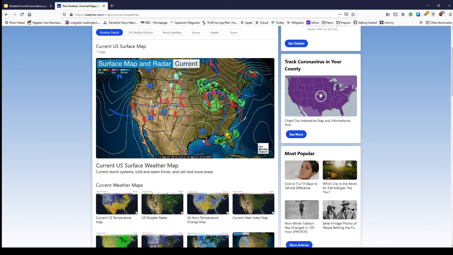So this is here. These H's, blue H's, are high pressure. This represents a clockwise flow of air, basically. So just think of a high pressure as a clockwise flow of air, usually clear skies with no showers present underneath it. So any state or any city that's under this is going to generally experience sunny skies, calm winds, and no showers, except in the case of what they call ridge runners. And these are showers that are running on the periphery of the high, on the outside, but they can never get under the high. They can never get under. That's something different. We'll talk about that later.